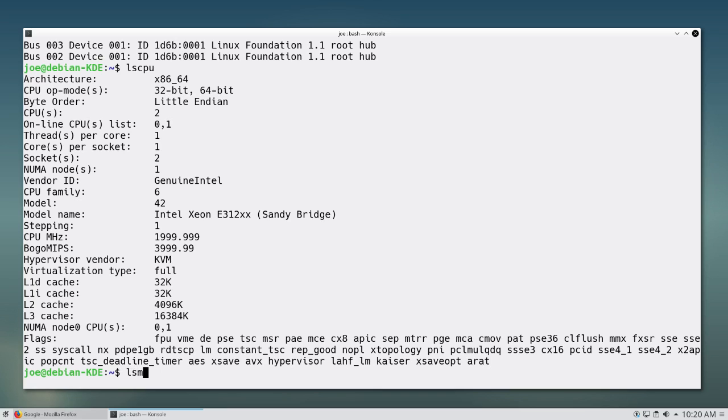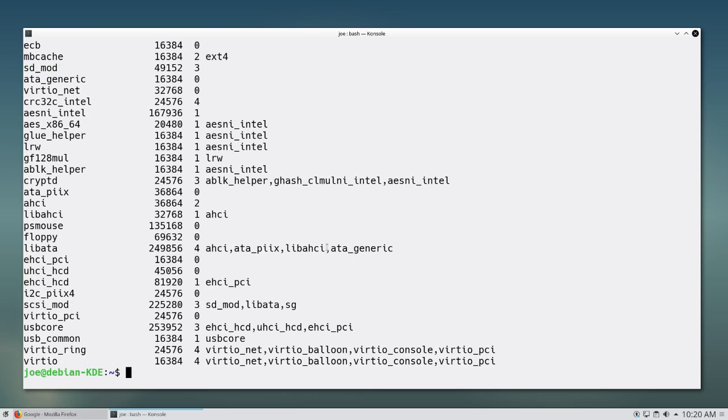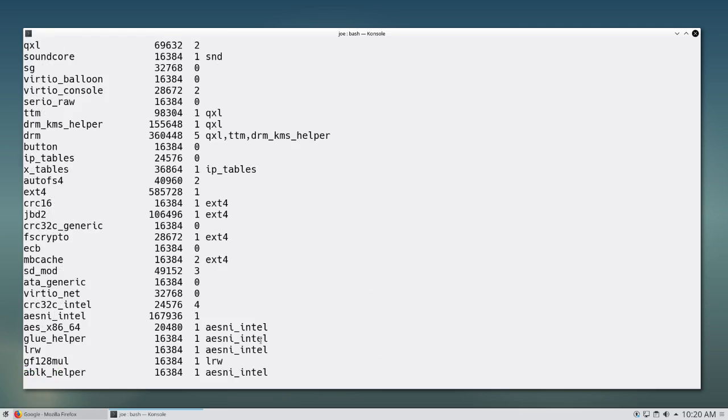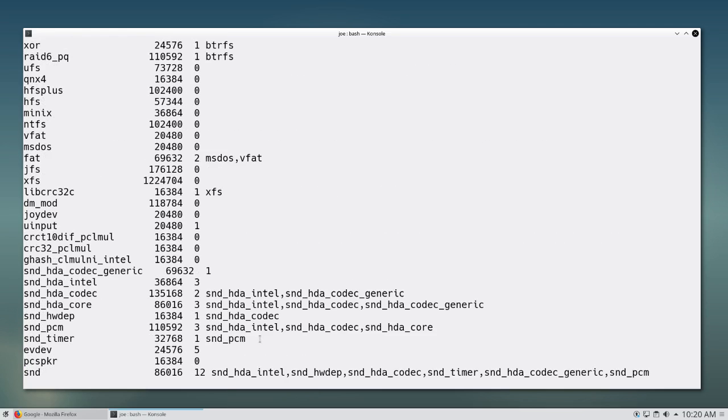There's also lsmod. lsmod will show you modules that are loaded into the kernel. What is a kernel module? Well, you can kind of think of it like a driver, essentially. That's sort of the gist of what it is. Now, because this is virtual, it's not going to show you any real good information. Like,